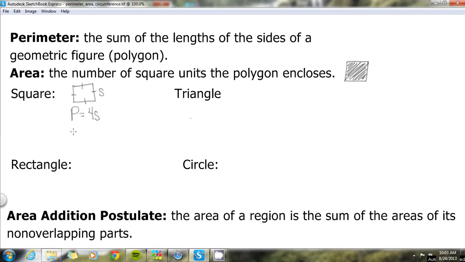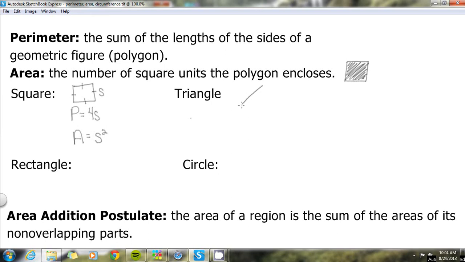Now, to find the area, we know the area of a square is side times side. Again, we don't write it as side times side, we write it as side squared. All we do is, if we know the value of the side, we substitute the information into our formulas and solve. For a triangle,